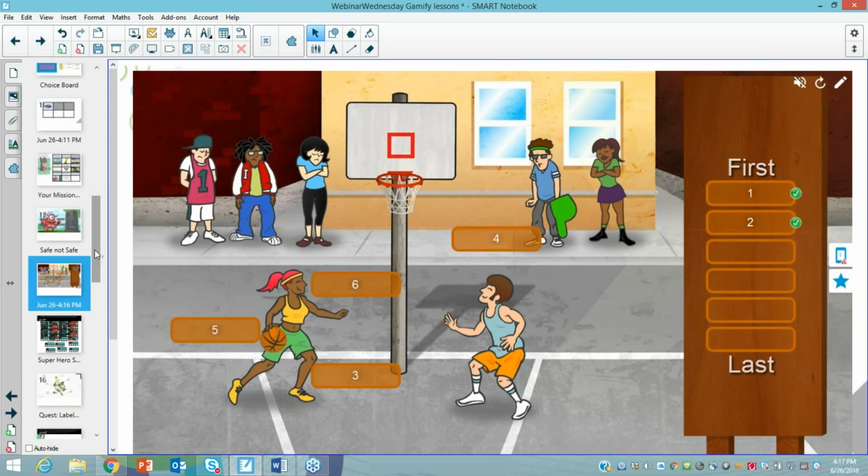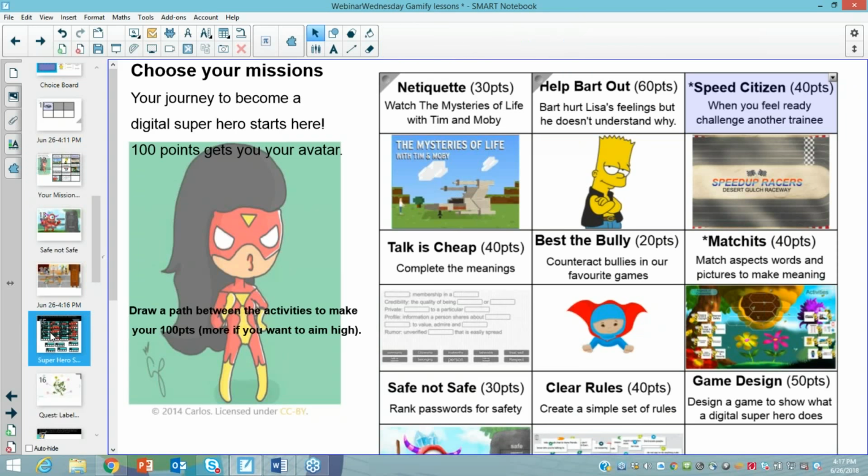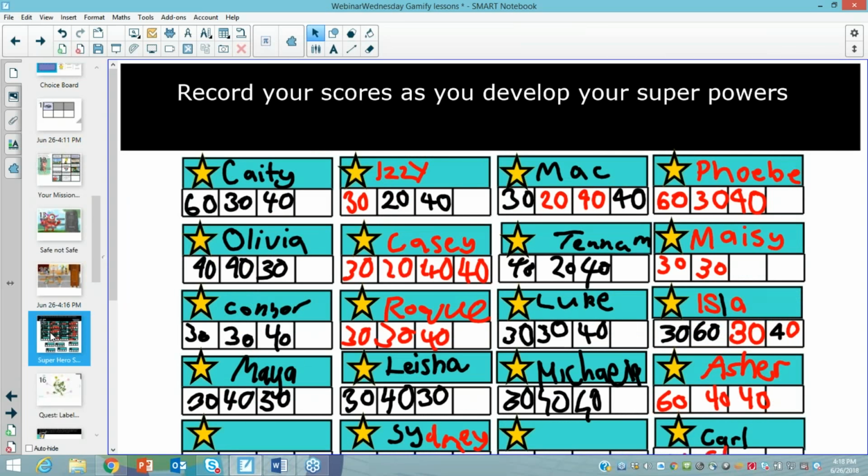Now, in this particular session with Bronze Ducky, where she had created different pages, and each of the pages had different games and activities for the students to do, and they were actually doing this on their devices in the classroom, the smart board actually had a table chart so they could record their scores as they went along. So as the students completed one of the games on their devices, they could come up to the smart board and they could actually say, so Katie here said, I've done one that's worth 60 points, so I've earned 60